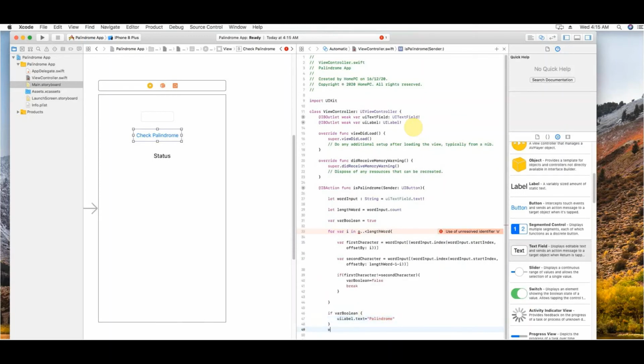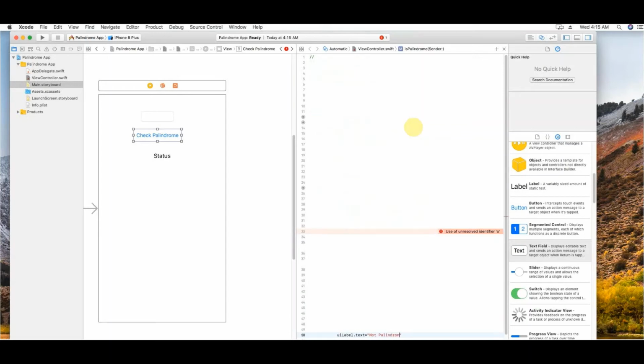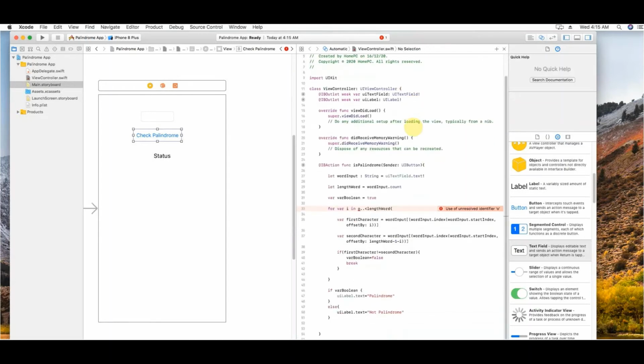But if it's not true, which is the else case, we can set this UI label to false or not palindrome. You can choose whatever you want to write over here, but the message is clear that if it comes to the else part, it's not a palindrome. So that's it.